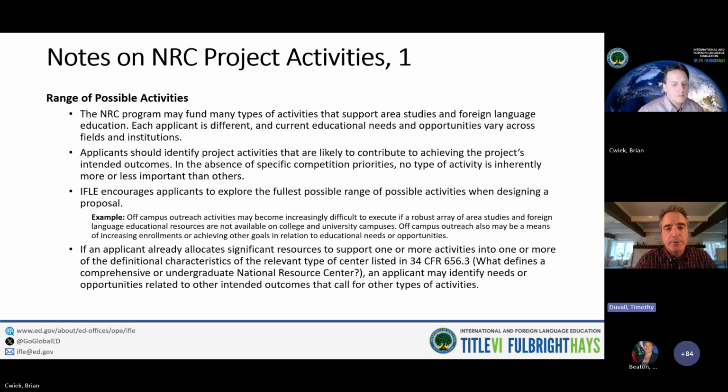So some notes on NRC project activities. The NRC program is able to fund many types of activities, provided that they support area studies and foreign language education. Every application is different, and the educational needs and opportunities at any particular institution or in any particular field can vary. So we suggest that you identify activities that will contribute to achieving the project's intended outcomes, which means that